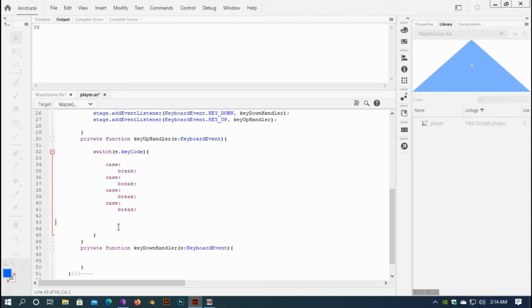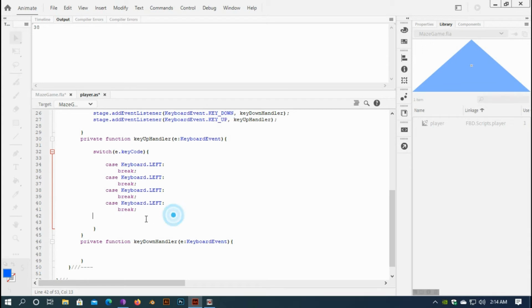And now here, in case of Keyboard.LEFT, and here copy this, paste it, and change it to, and this one to. That means when Keyboard.LEFT is pressed, then I want